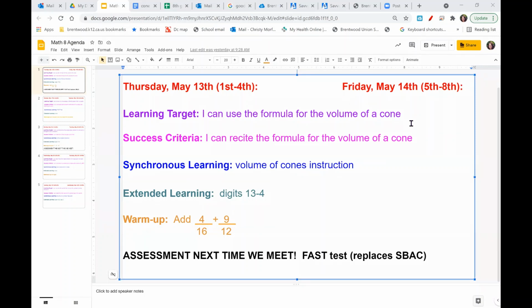Today we're moving on to cones. Instead of finding the volume of a cylinder, we will be doing volume of cones. I'm going to show you how to do a couple examples. You will be doing digits 13-4 today. And as a reminder again, next week when we see each other again, you will be taking your FAST